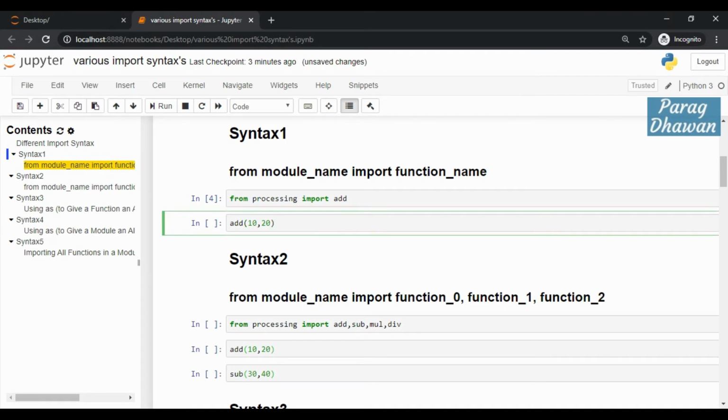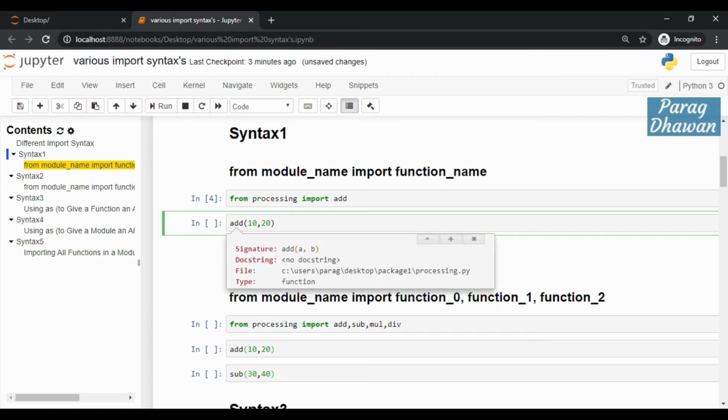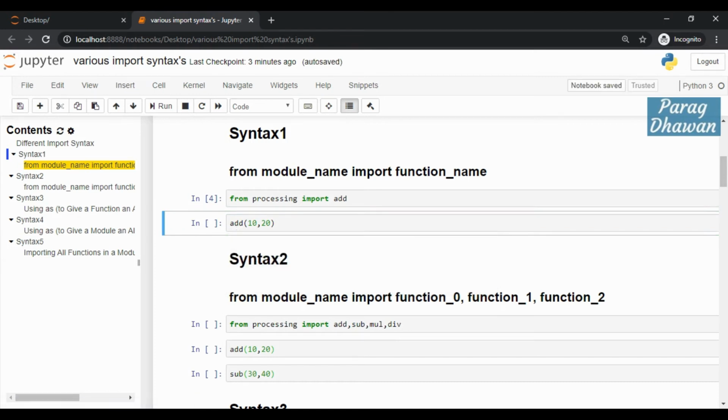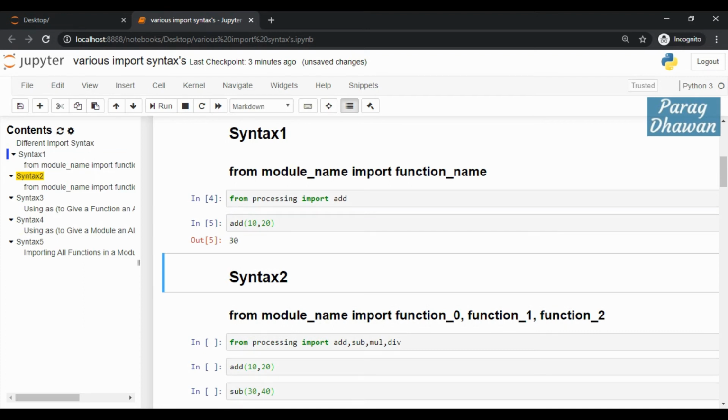Then you can use the add function directly. Add is available. If you press shift tab, it will show the syntax of add. It accepts two arguments, so we pass add two arguments, 10 and 20, and the result will be the output. So we have understood the first syntax, from module name import function name.